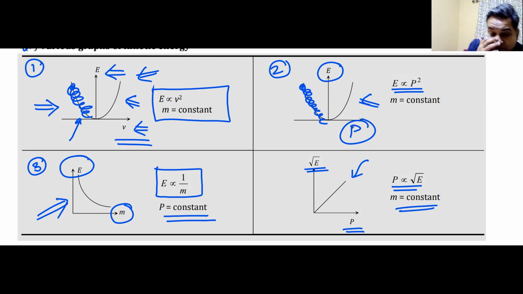So this is the class for today. What we have discussed in today's class, we have discussed the work energy theorem. We have solved some good problems. We have seen the relation between kinetic energy and momentum. We have also seen the graphs. All of this is very, very important for your NEET exam because straightforward questions will come from here. The probability is almost 1. You will get a question from here. So please note this down.